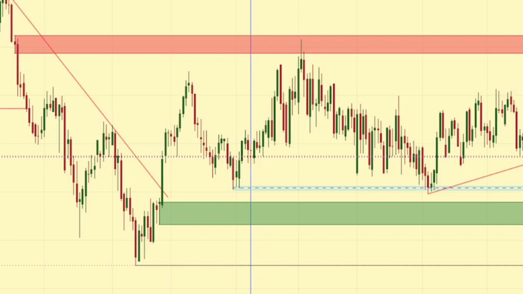Before thinking about entries, I want to understand what the higher time frame is telling me. On the daily time frame, I have a strong demand zone between 0.45393 and 0.45165. This demand zone immediately caught my attention because it broke above a descending trend line, showing sellers were losing